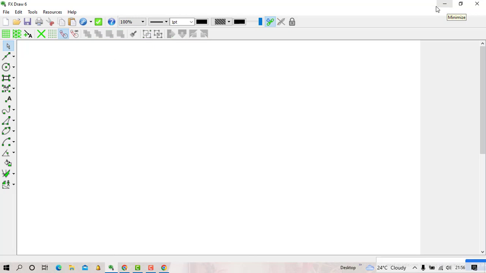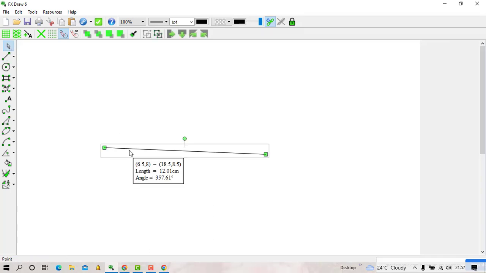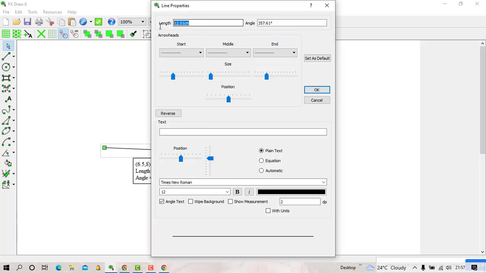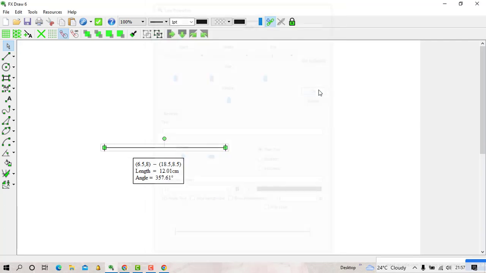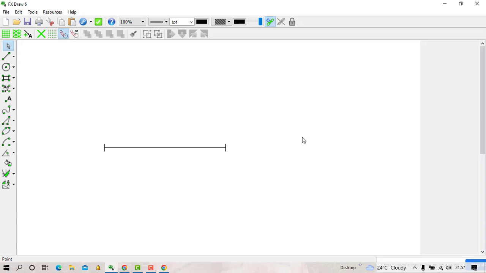The first thing is to construct a line. So here I just go to draw a line. I'll draw, this is my line. I disable it. I come and select the line so that I can edit properties to my desired dimension. So I want this line to be 9 centimeters. I want it to be horizontal, so the angle is 0. Under arrowhead, I'll have an arrow at the start and also an arrow at the end. So this is the line. Maybe you have been given the question paper, lakini nataka kuichora construction.